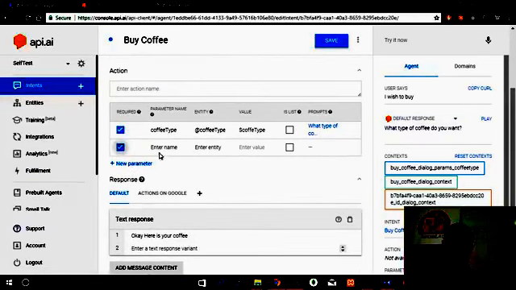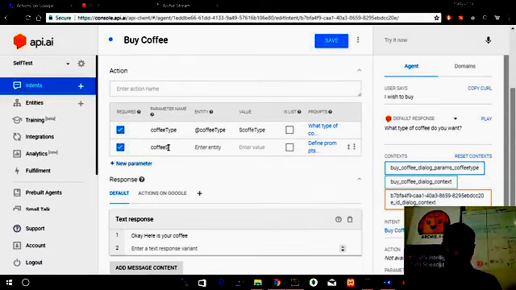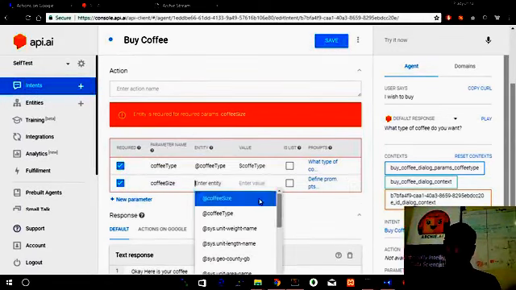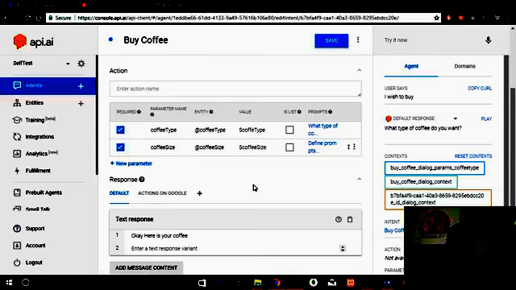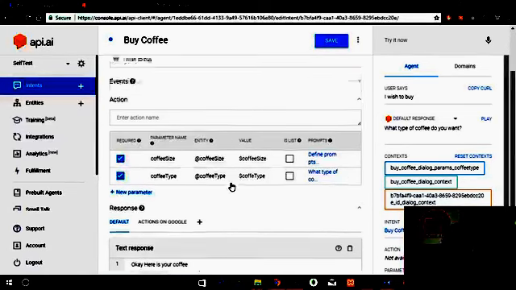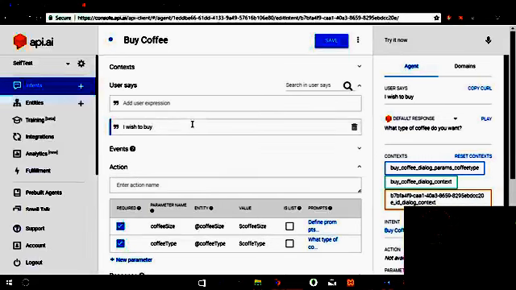Similarly, we can add more parameters into it. So for example, coffee size, and let's leave the input prompt as it is. Keep in mind that this is draggable up and down. Right now, if the user doesn't specify coffee size or type, the first question the Google Assistant asks is about the coffee size rather than coffee type, and we can switch the order in which these values are obtained. And we want the user to actually give this information during his statement.